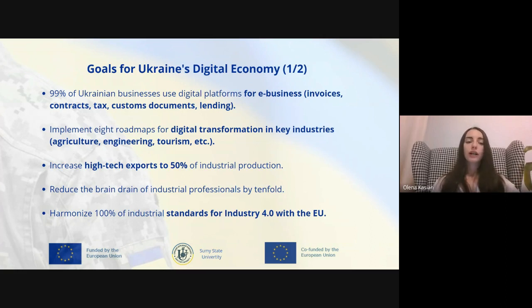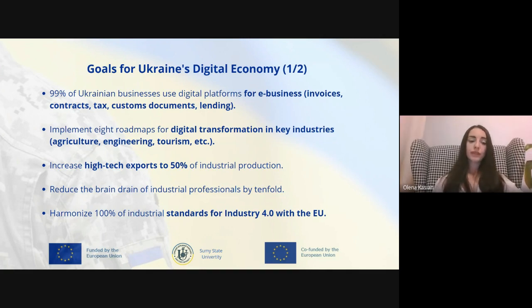It says that the goal of Ukraine is that 99% of Ukrainian businesses should use digital platforms for economic interactions, so e-businesses. So we have to create this opportunity for a business to go online. Electronic invoices, contracts, electronic tax and customs documents, electronic lending opportunities, and more. Paper document circulation between businesses and entities should be reduced to